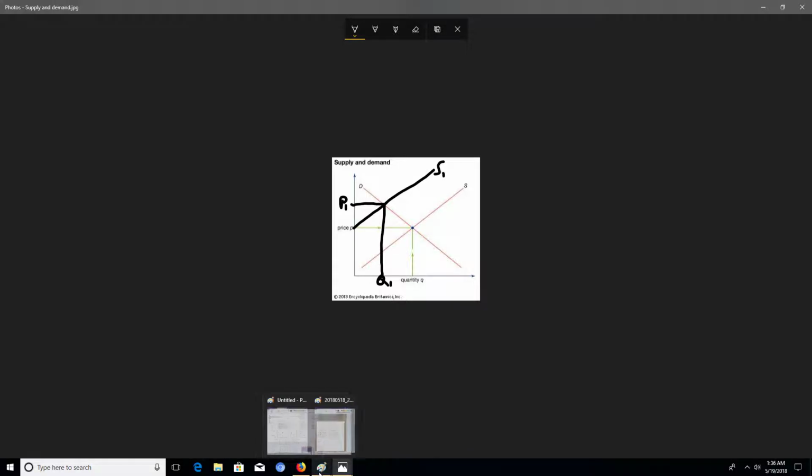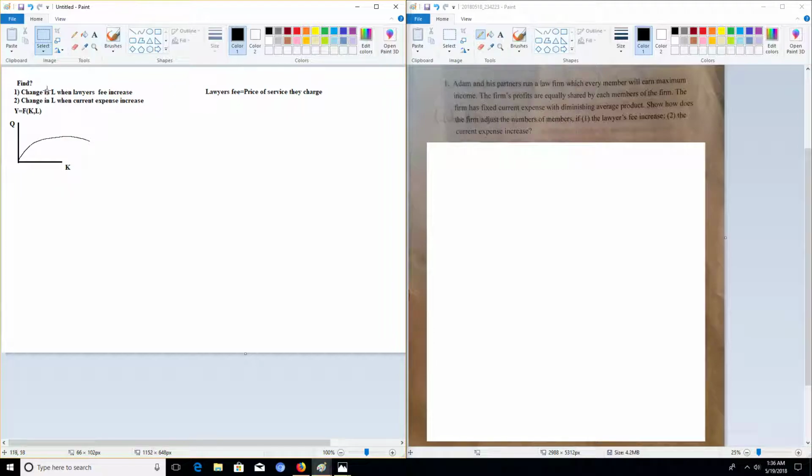Now, how does this establish that L and P, the price of service, are a negative relationship? Well, this comes from the fact that profit equals revenue minus cost. And revenue, as we know, R, this is total revenue, TR, same thing, and cost. Now, we can break this down even more. Revenue is P times Q, the price that they charge for Q amount of service,